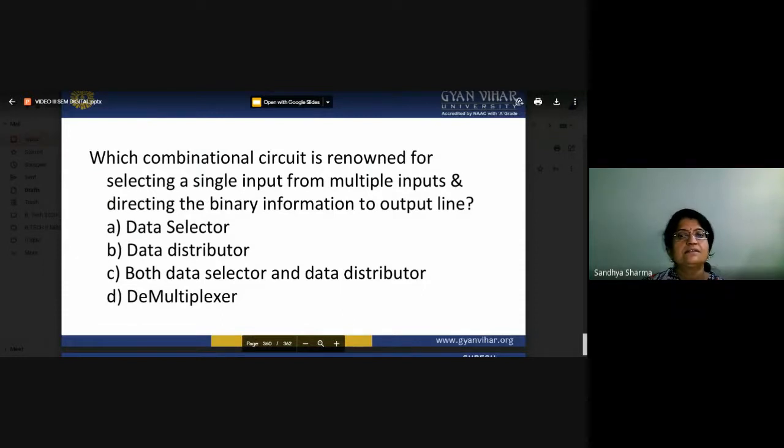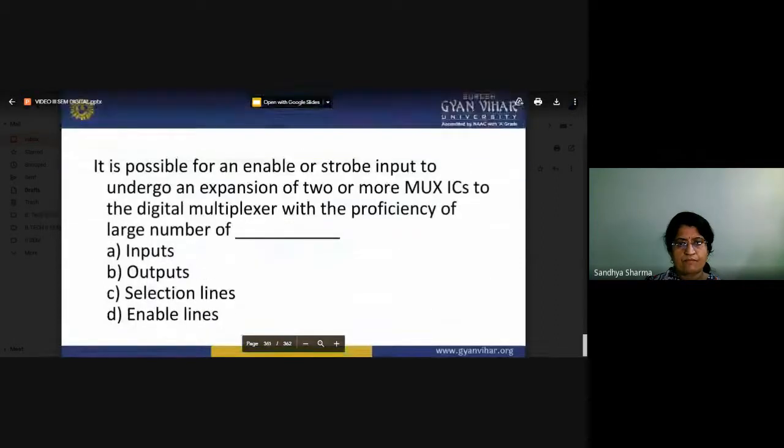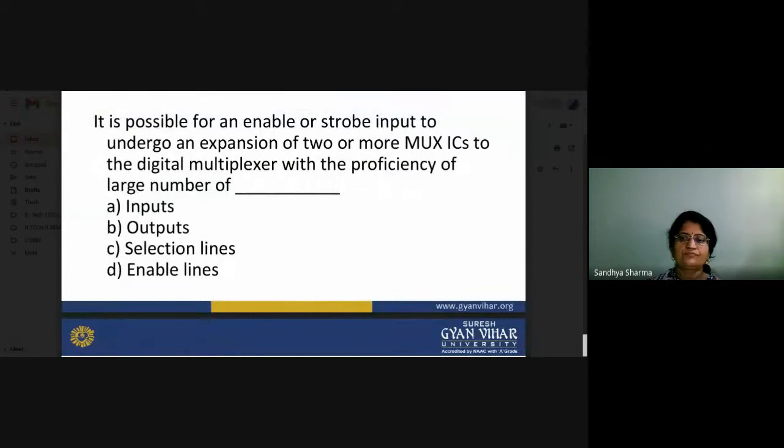Which combinational circuit is renowned for selecting a single input from multiple inputs? What about the data selector switch or data distributor? What name do we indicate by using this? Again we have a question: it is possible for the enable or strobe input to undergo an expansion of two or more multiplexer ICs to a digital multiplexer with the provision of a large number of inputs.